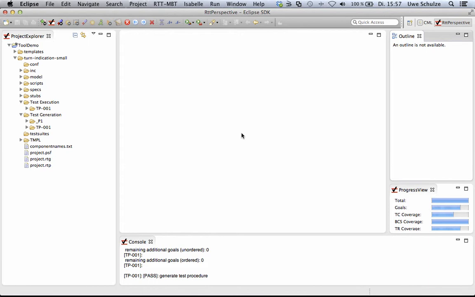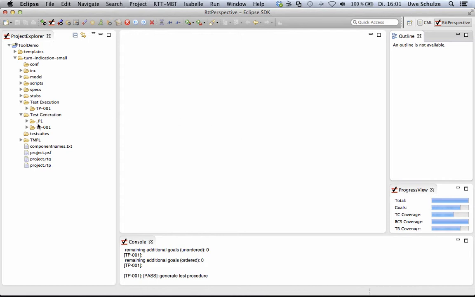Of course, this way we will not be able to find errors in the generated system under test, because both the test and the system under test are generated from the same model. For this tutorial to demonstrate the functionality of model-based testing within Compass, it is sufficient to work with the simulated